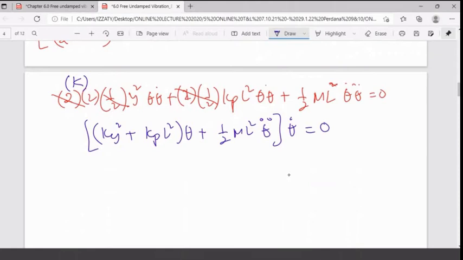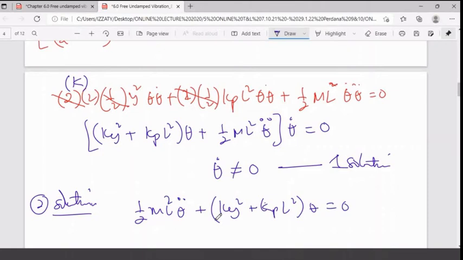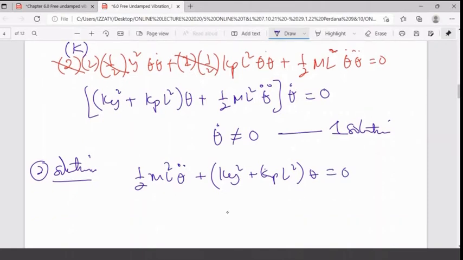Then your solution will be theta dot not equal to 0. This is one solution. The other, second solution will be: you have half ml square theta double dot, right? Then you plus ky square plus kp l square, this one times theta equal to 0, right? And then you simplify, okay, theta double dot plus this one,